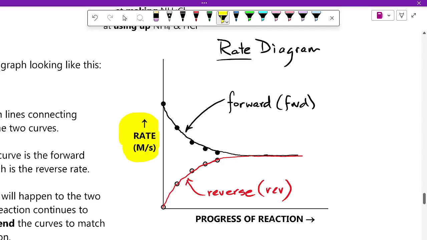And on the x-axis, again, we have the progress of the reaction. Anytime we are dealing with an equilibrium system with a reversible reaction, if the rates are not the same, they will